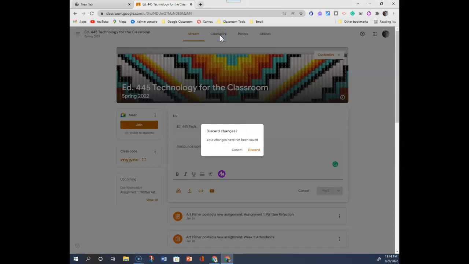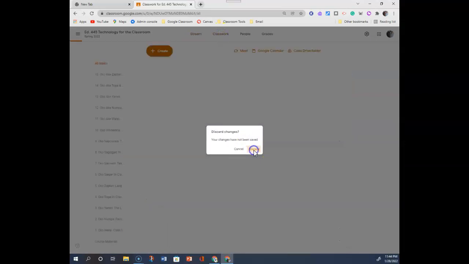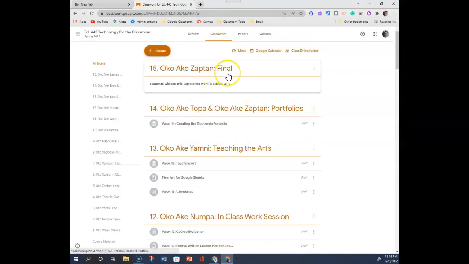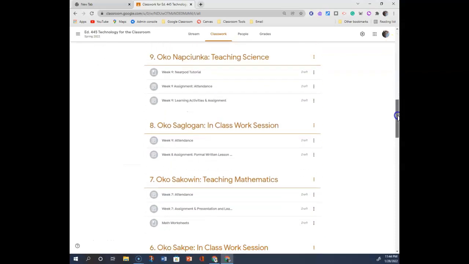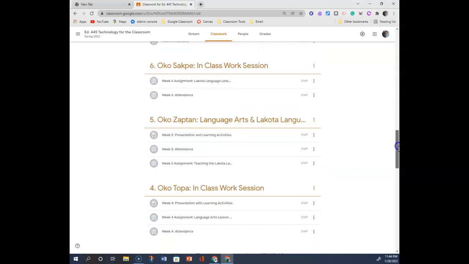Up here is the classwork. I'm going to discard that. This is the classwork, so this is where your teacher is going to post all of their topics. And typically underneath the topics are all of the assignments or course materials that they want to cover for that particular week. You can scan down and see this. Now you might not see all of these topics until the teacher actually posts an assignment or a course material